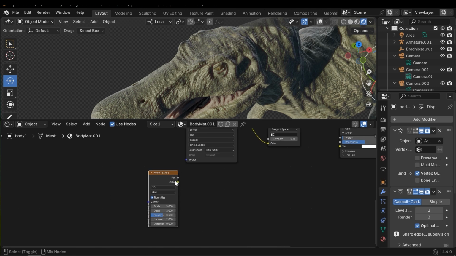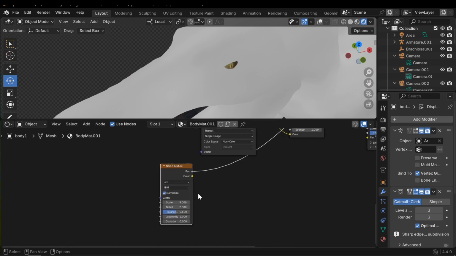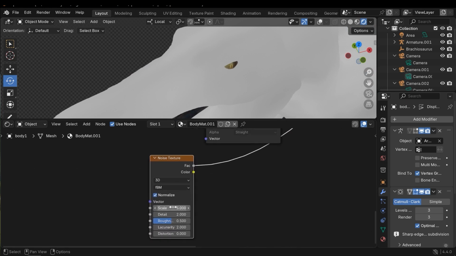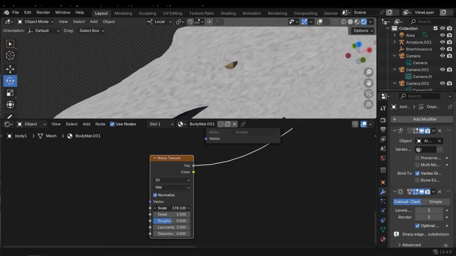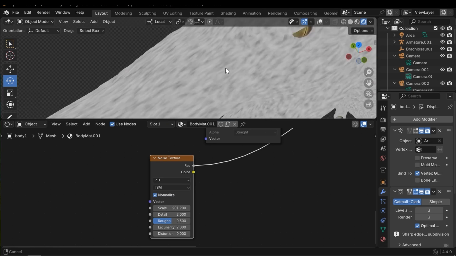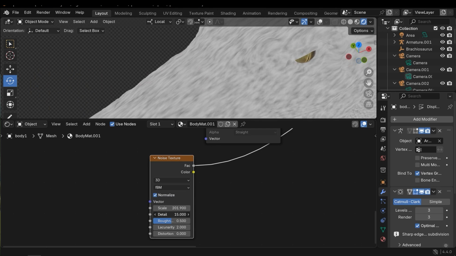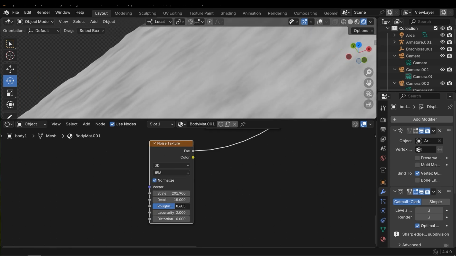Here, press the Ctrl Shift and click to preview the noise, and these options are good, and I need to increase the scale only. Alright, this is good, and also increase the details